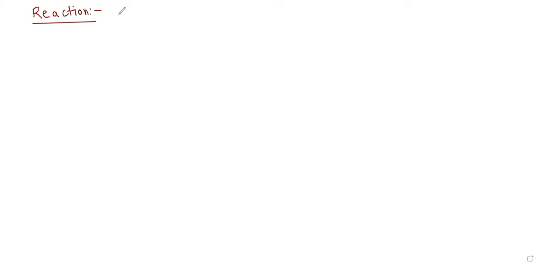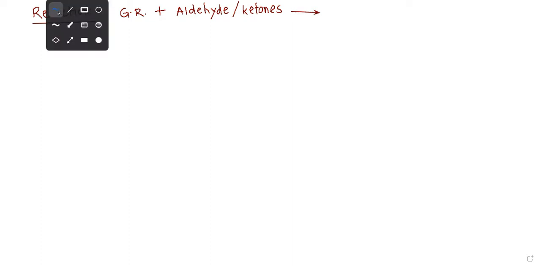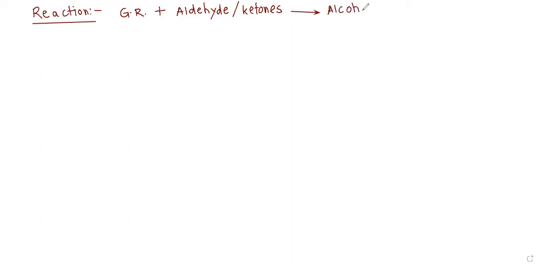Now first reaction we are taking is Grignard reagent with aldehydes and ketones, and these two are going to produce alcohol on reactions. The product of this is going to be alcohol. So among this, let us take reactions. First one is formaldehyde, HCHO, treating with any Grignard reagent.